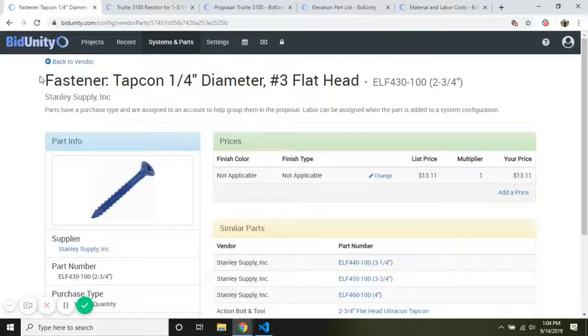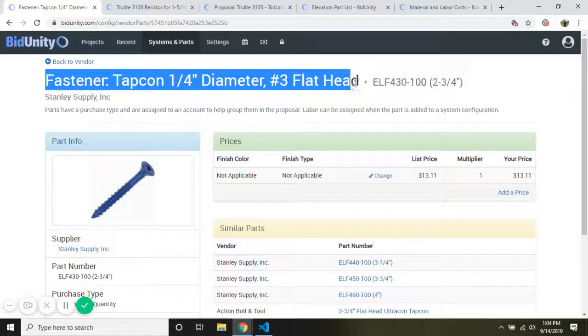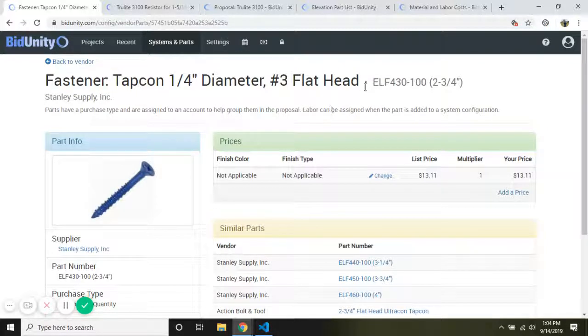So the item is the fastener Tapcon 1/4" diameter, number 3 flathead. You'll notice that there is no length specified, and this vendor part is part number, quantity 100, I assume, 2